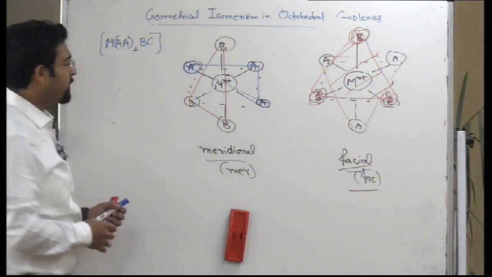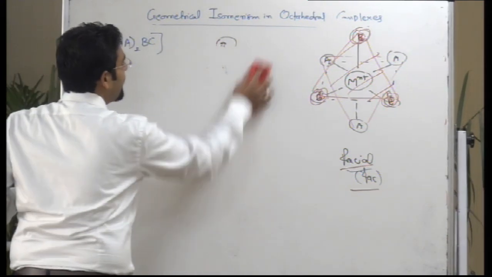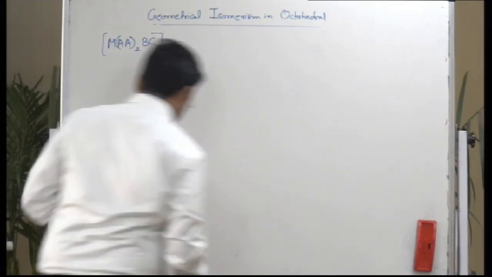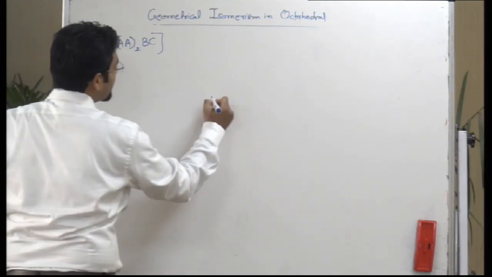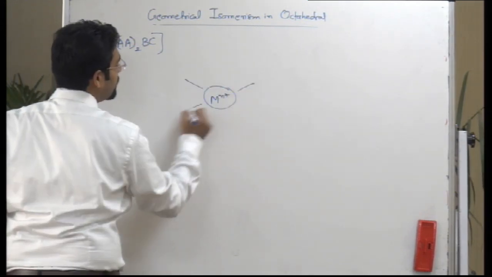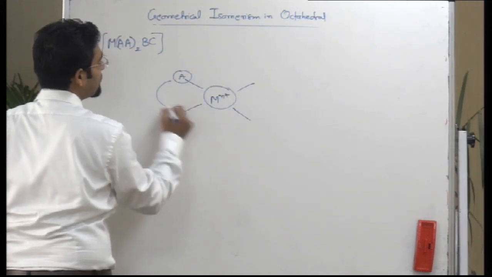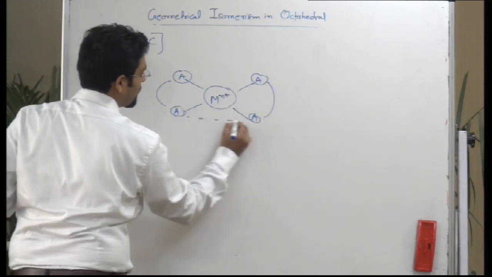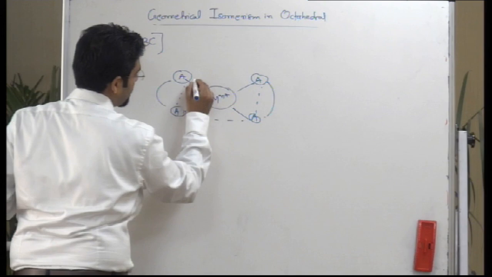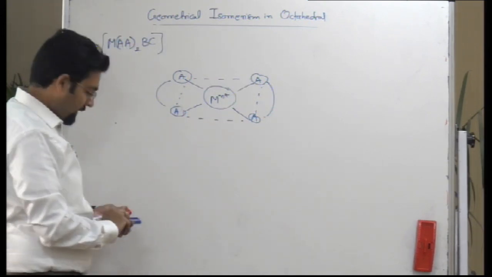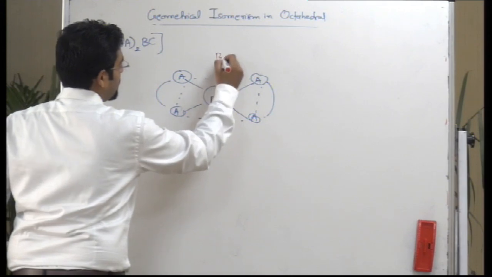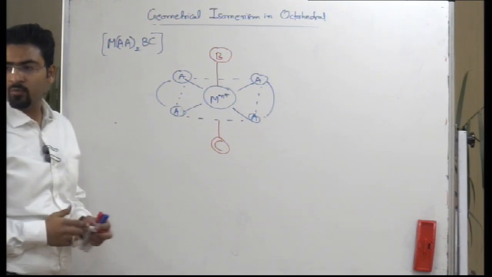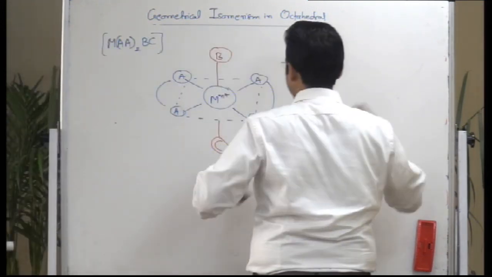So again we have an octahedral complex in which we have two symmetrical bidentate ligands and two different monodentate ligands. In this case, the metal ion, for example, is bonded to two symmetrical bidentate ligands, and they are bonded to two monodentate ligands. Right? So one case could be this, another case could be